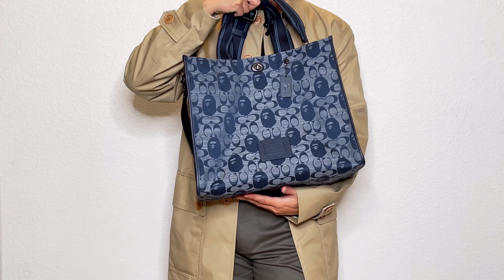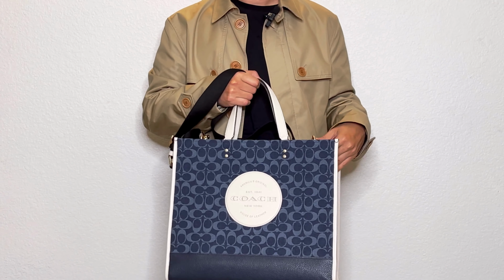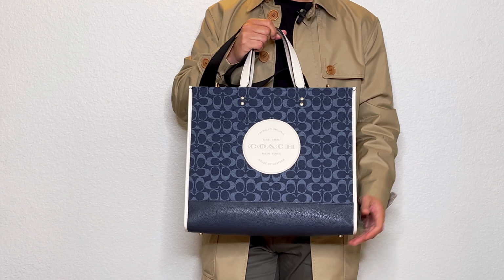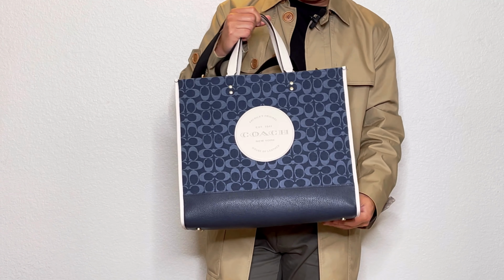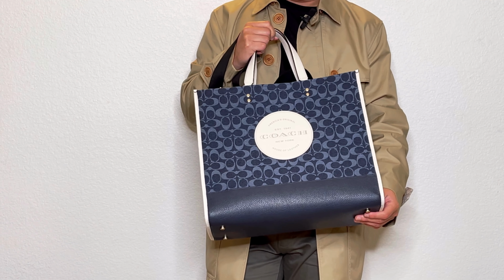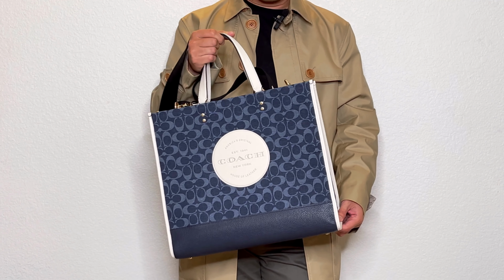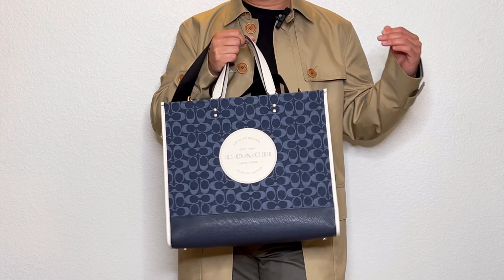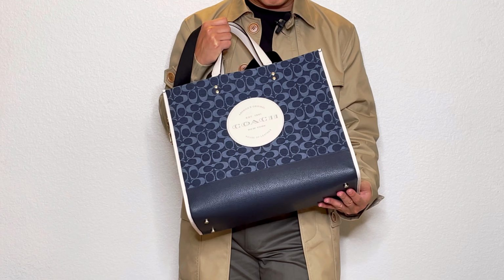So this is my fourth recommendation for today's video. The last tote I want to include in today's video is this Coach Dempsey Tote 40. This is also another tote bag from Coach outlet, and they designed this specifically for the outlet, so it's not a retail bag. But if I have to choose, I actually would choose this one over the retail Tote 40, because in terms of design they are extremely similar, but